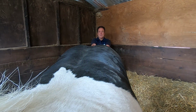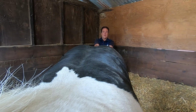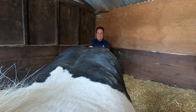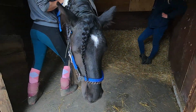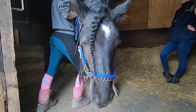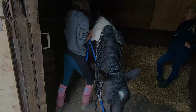But it is very, very slow, and if you really focus in, sometimes you can see some of the muscles just gently yielding and altering their resting state. And if the resting state of the muscles is correct, then in theory, when they go to move, you should get unimpeded movement. And he's nicely relaxed here, and now I'm just gently rocking him, but gently rocking via the